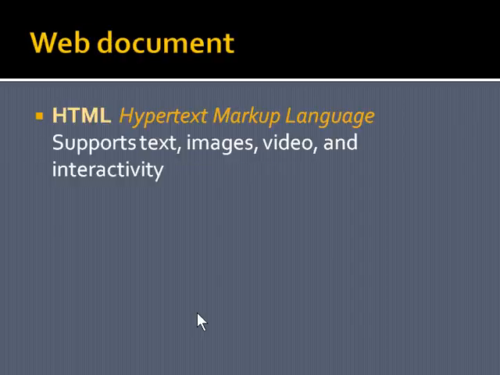And last one, HTML, which stands for Hypertext Markup Language. This is a web document. It can support text, images, video, animations, and interactivity. It's the standard. It's what all web documents are online, or just about all of them, and it's what we use